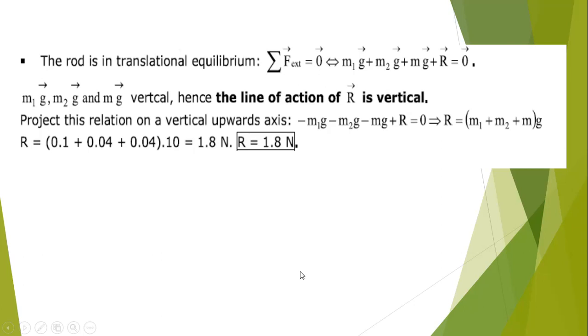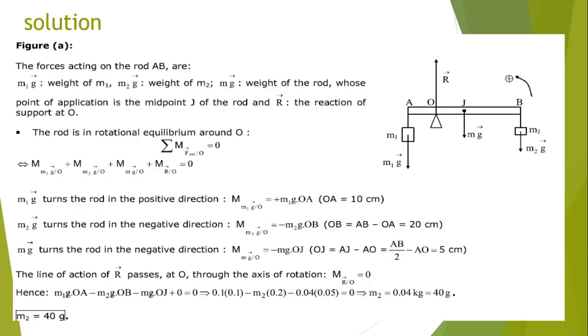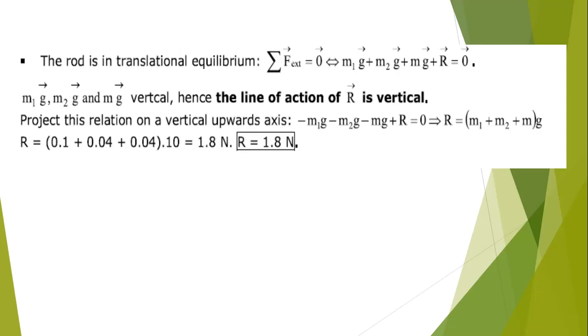In second situation, we have to determine the line of action and the magnitude of the reaction of support. When we apply the rotational equilibrium, we find that the moment of R is equal to 0. So in this case, it's impossible to find the line of action of R and its value by rotational equilibrium. Knowing that the moment of R is equal to 0 does not mean that R equals 0. It's important to notice that the moment of R is equal to 0, but the magnitude of R does not equal 0, and we are going to find it by applying the translational equilibrium,